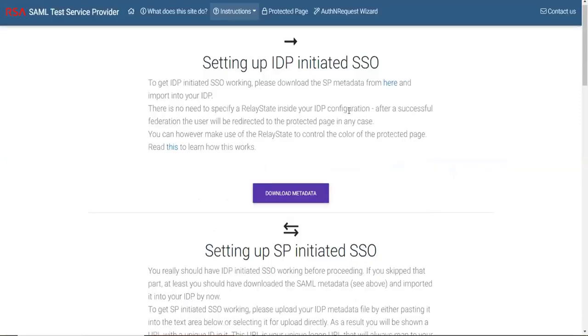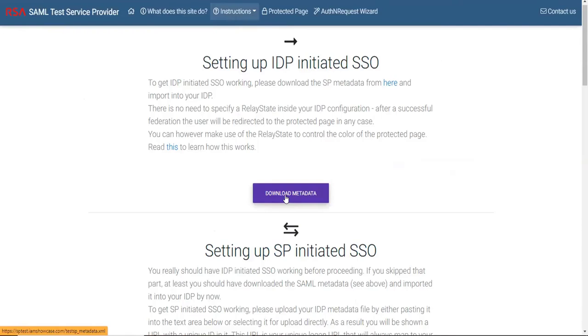Now, this is our app. Now we need to get the metadata from this app. You can see an option called Download Metadata.